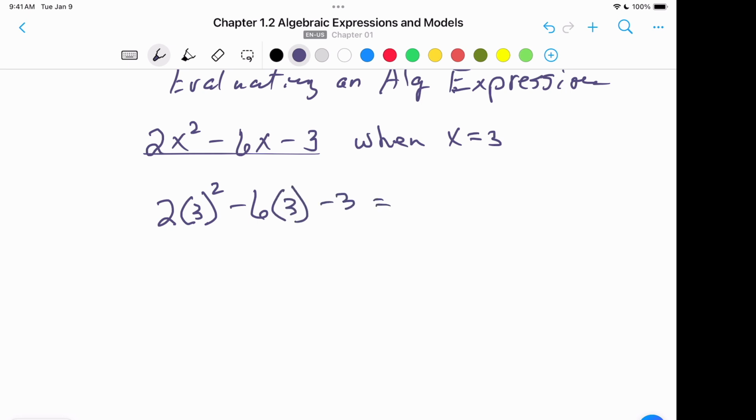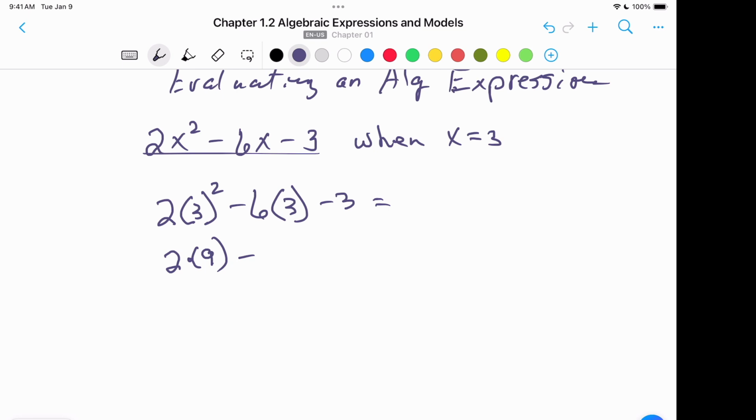And that equals, well, the next step: first thing we've got to do is the parentheses. Well, the parentheses are already done here. There's nothing to do inside these groups. So we move on to the powers. So that becomes 2 times 3 squared, so that becomes 2 times 9